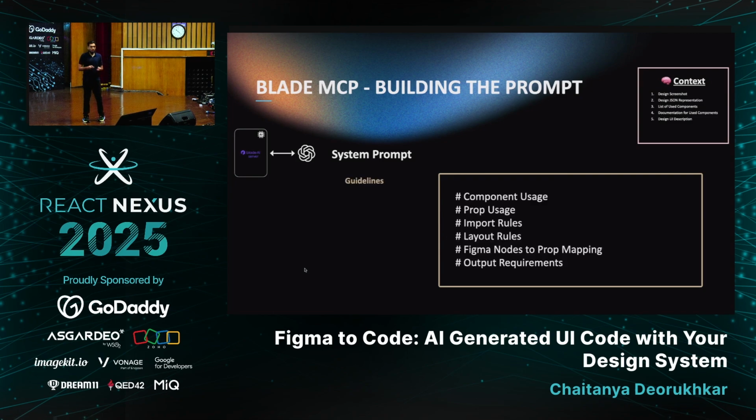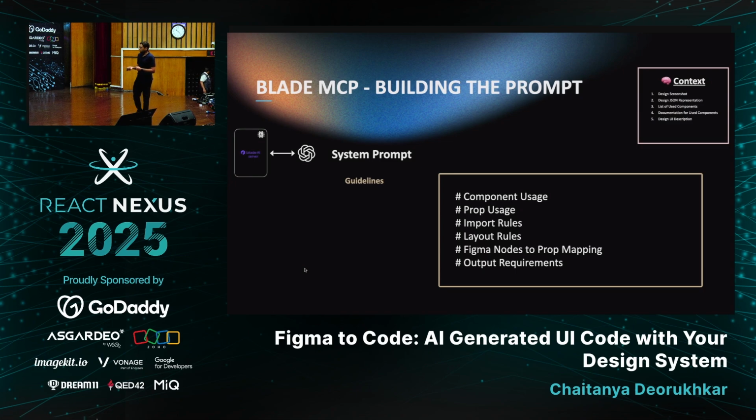We're going to give it a lot of guidelines so it understands what it needs to do really, really well. We're going to tell it how to use the documentation to figure out the usage of the components and props from our design system. We're going to tell it where to import the components, utilities, and icons from. We're going to tell it how to use Blade's Box component to create responsive layouts, and give it some examples for those layouts as well. And we're going to teach it how to actually use the JSON representation of Figma to convert that into a React component, how to do the prop mapping, and give a few examples of the same.